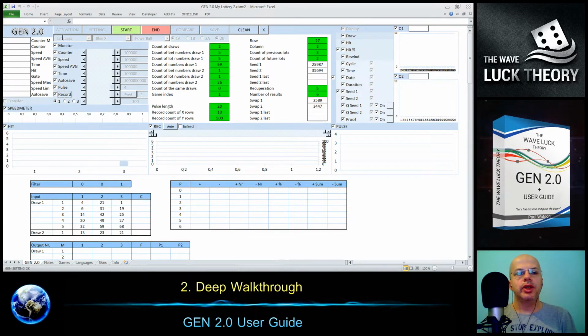The monitoring is giving values of the whole generation, how many cycles we ran, how long it took, and so on. We can play with this during the generation, but I will set it up before I start it.